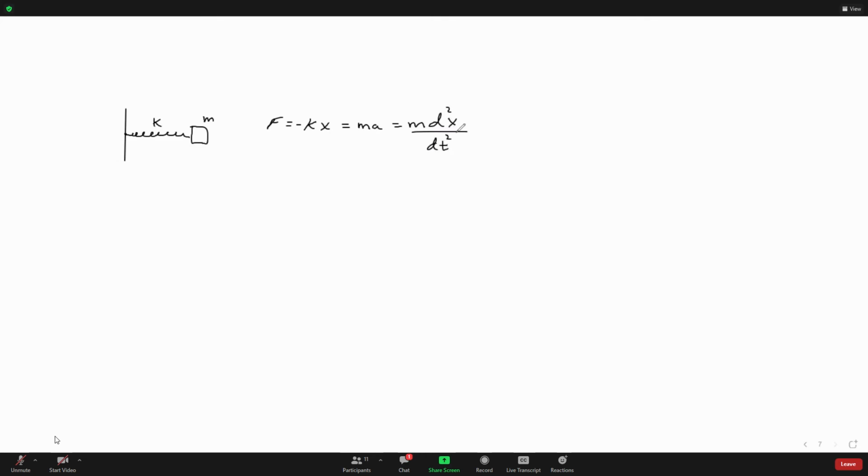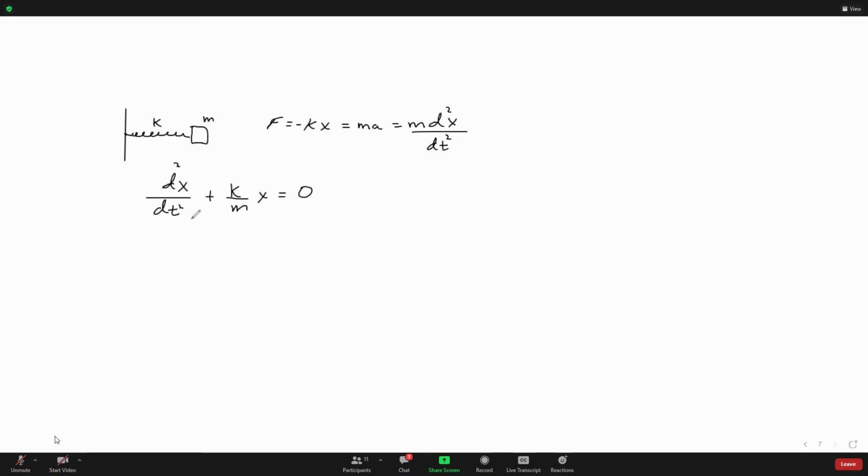dt squared. So putting it all together, we get a differential equation for the equation of motion. And that is d squared x dt squared plus k over m x equals 0. This is the basic equation of simple harmonic motion. Anytime you have an equation that looks like this, you have effectively simple harmonic motion. Now, what is the solution to this equation? Well, let's think about it a little bit. We could do a formal solution. Let's not worry about that. Let's say